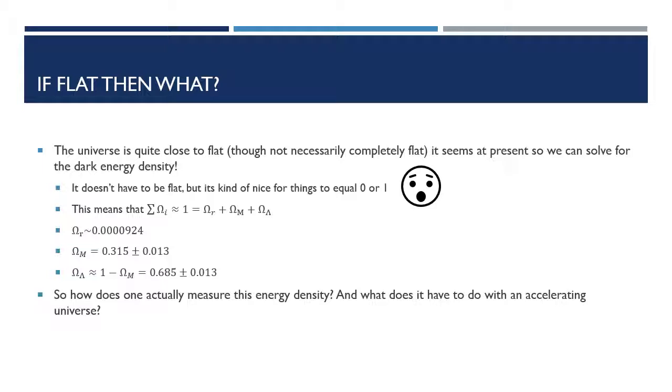It doesn't really have to be flat, and this kind of hints upon a little bit of a bias, or not bias, but just a funny thing about the physicists. We kind of like for things to equal 0 or 1, and we don't like for them to be really big or really small. And really what that comes down to is asking the question of what is natural versus unnatural. But even then, natural versus unnatural have very specific meanings that we'll come back to when we talk about fine-tuning and inflation in a future lecture.